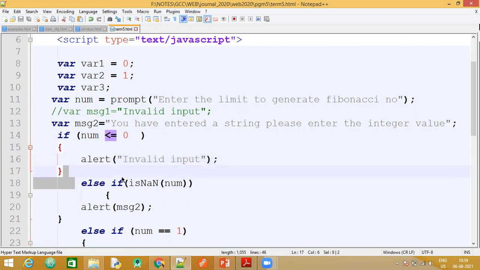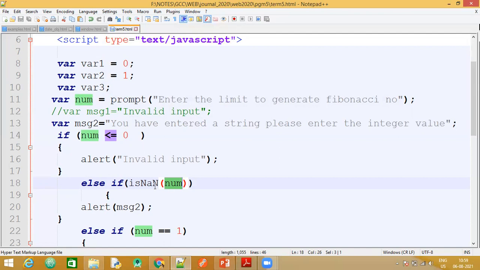Second thing, else if. There is a new concept here, that is isNaN. isNaN is provided by JavaScript to check whatever parameter it takes; it takes just one parameter. Whatever this parameter is, in this program it is the thing which we are accepting from the user, that is a number.